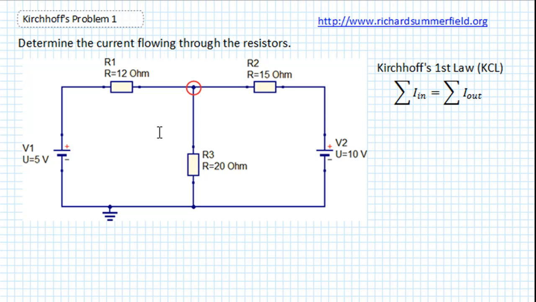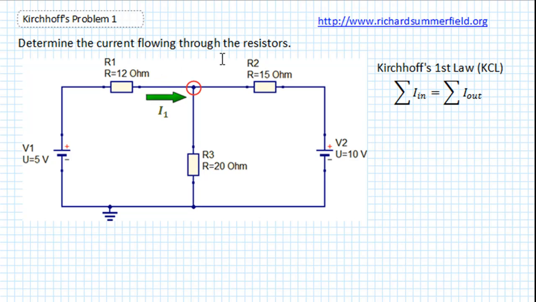We're going to make an assumption about which way the currents flow. It doesn't really matter which way we choose as long as we stick with that for the rest of the calculation. So let's stick some possible current directions in. If we start with the voltage supply on the left hand side, the current flowing through the circuit due to that power supply is likely to go in this direction. Okay, so the first current we're going to write on our diagram is I1, which is the current due to